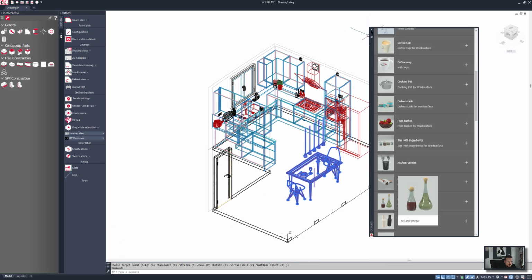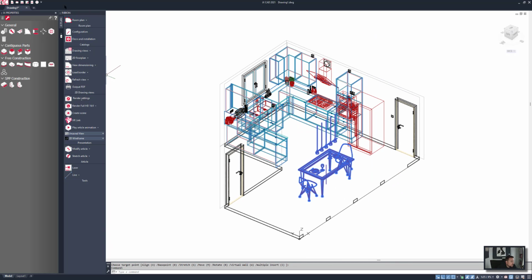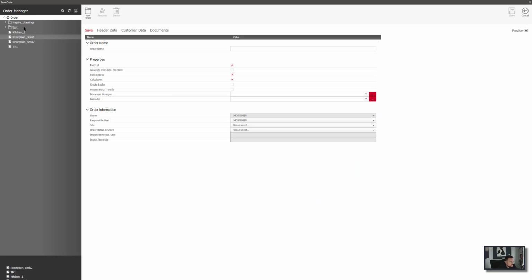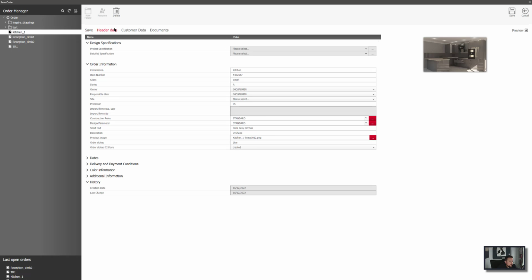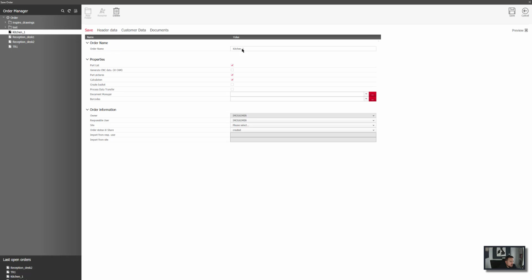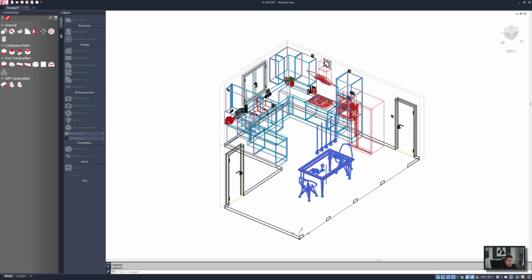Okay, so first thing is to save the job. So let's come into our save button, and what I'm going to do is just save over this existing one because it already has some information in here already laid out. So what I'll do is call this in 3D IX demo kitchen, and I'll just save this,